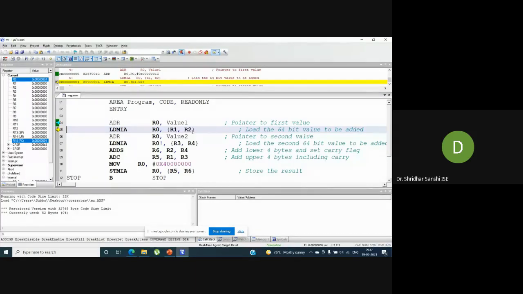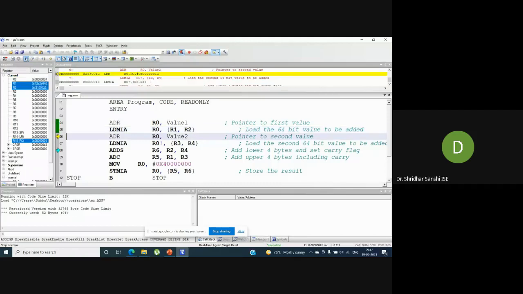two values. So what type of address is it? It is increment after. So first use and then increment. R0 is pointing to this address, so use the value stored there and put it in R1, then increment and store the next value to R2. If I execute this, you can see that in a single instruction we are storing two registers, R1 and R2. Now you can see R1 and R2.